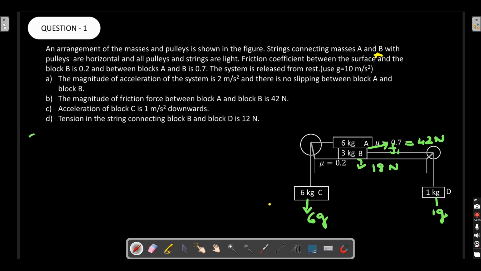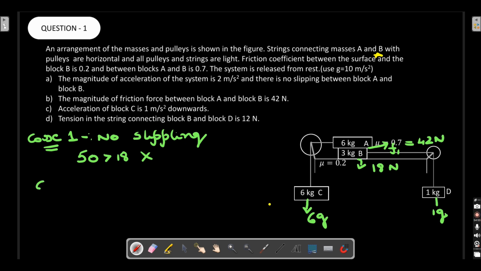So case 1, there is no slipping anywhere. No slipping. Is that possible? Let's see. What is the entire force on the system? The pulling force on the system is 60, and then this moves up, minus 10, so 50. And 50 is of course greater than 18, right? So of course this case fails.